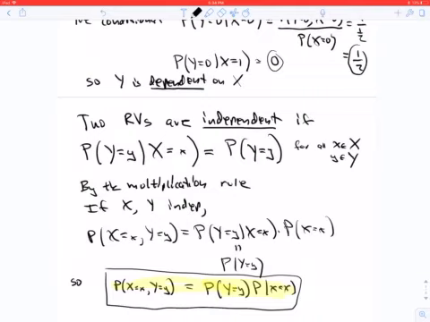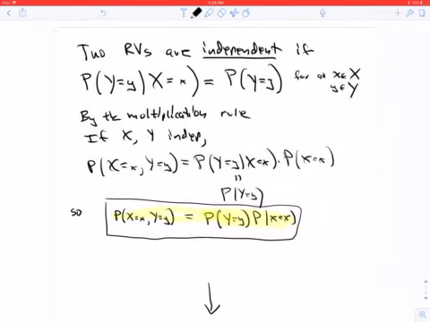In other words, there's no dependence on x for all values of x and y. Now, by the multiplication rule, if x and y are independent, then you can write this factorization. The probability that x is x and y is y